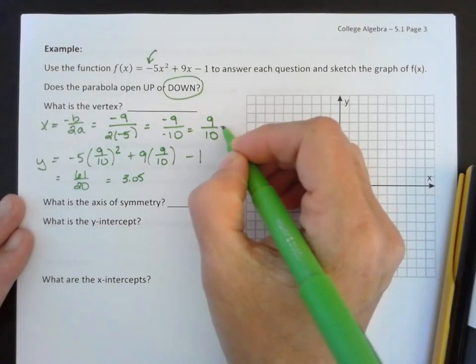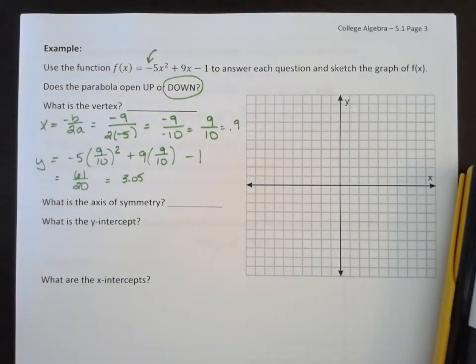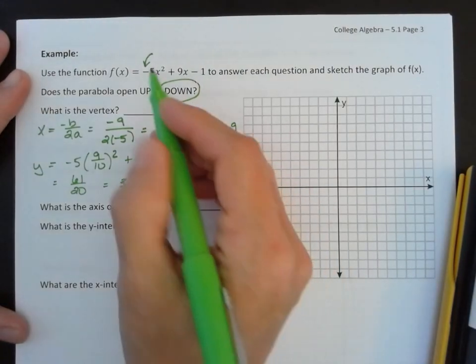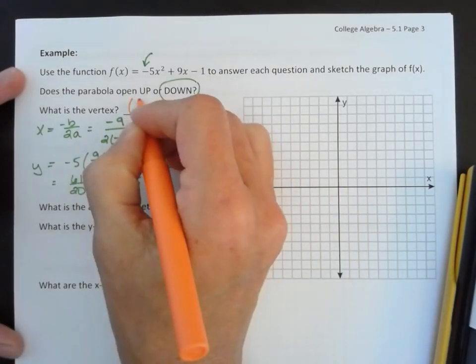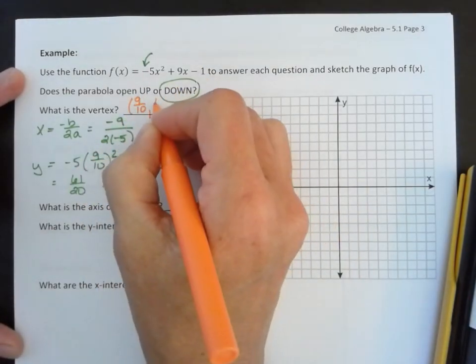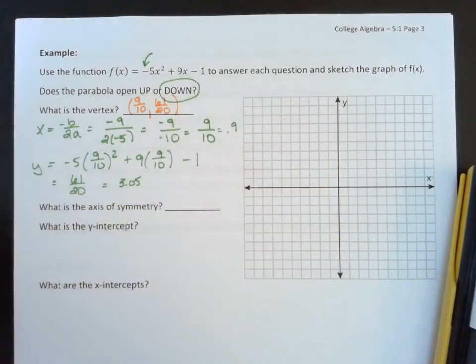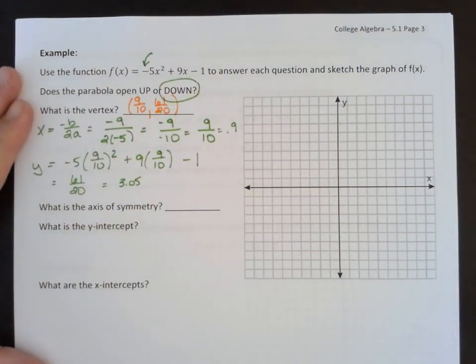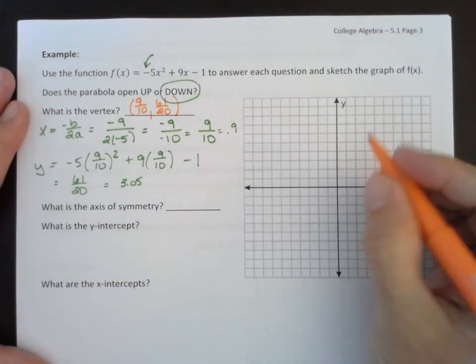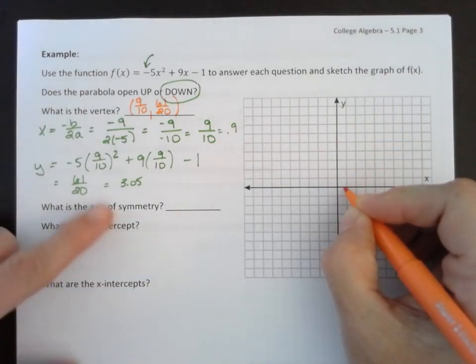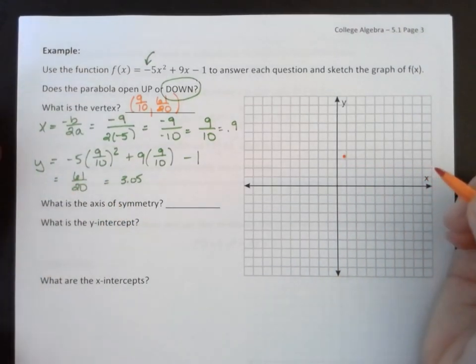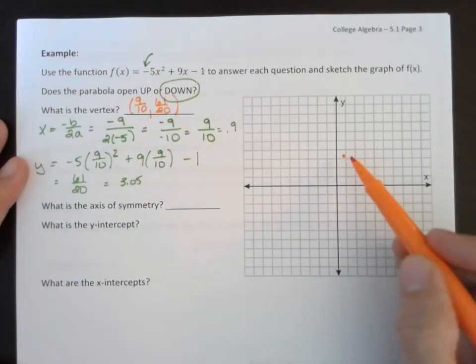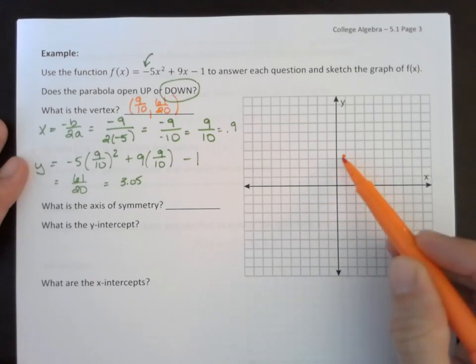And 9/10 is the same thing as 0.9. I need those decimals because it's easier to graph them if I know the decimal value. But when I write my vertex, I'm going to write it as the point 9/10, 61/20. So if I go to my grid and graph that, I'm going to go to where x is almost 1 and where y is just more than 3. So somewhere in here. We also know that this is going to be opening downward, so we should have a